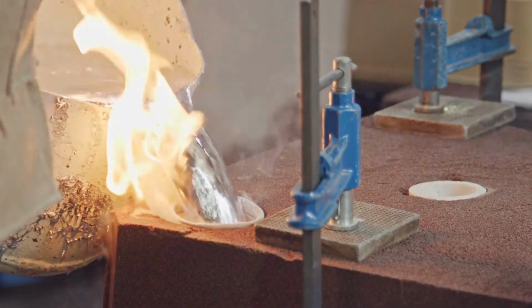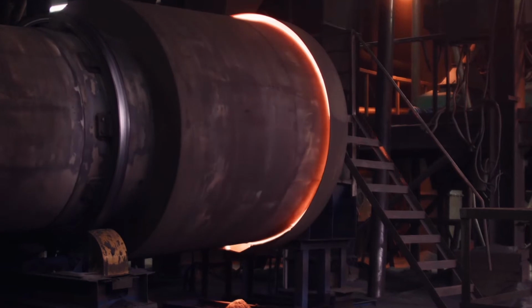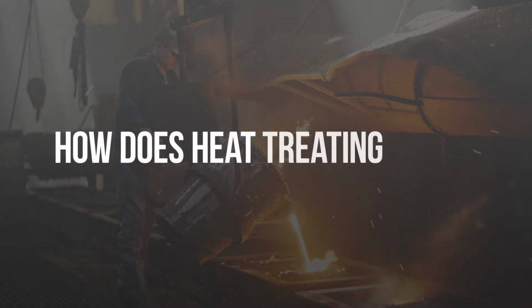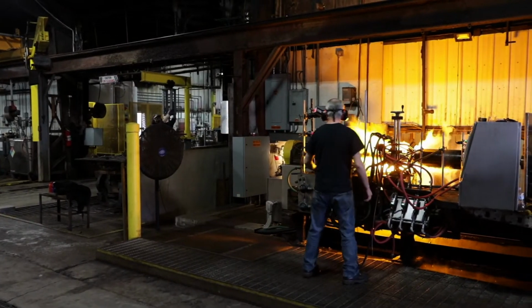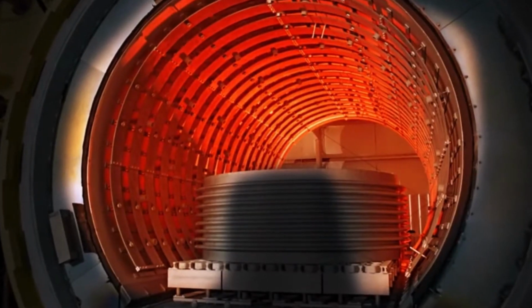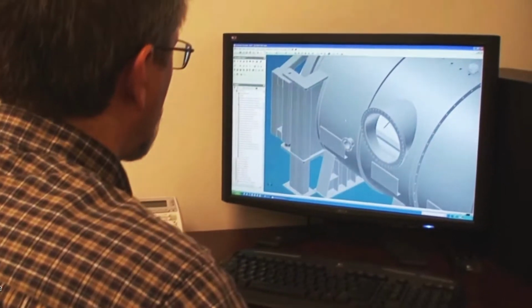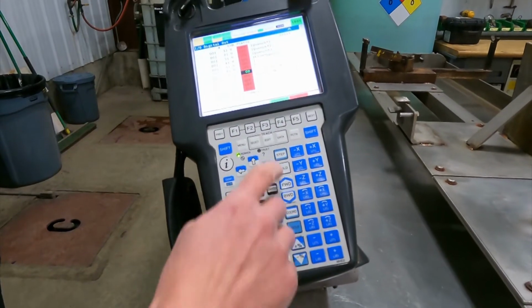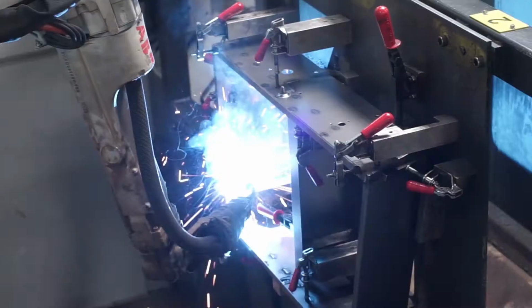Heat treating is a group of industrial, thermal, and metalworking processes used to alter the physical and sometimes chemical properties of a metal. Heat treatment involves the use of heating or chilling, normally to extreme temperatures, to achieve the desired results, such as hardening or softening of a material. It is through the working combination of time, temperature, and technique that determines the properties you want in a piece